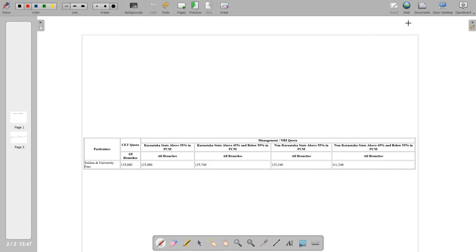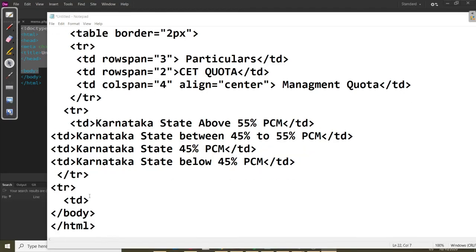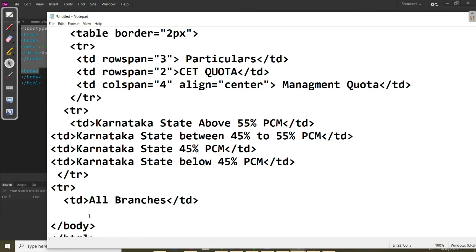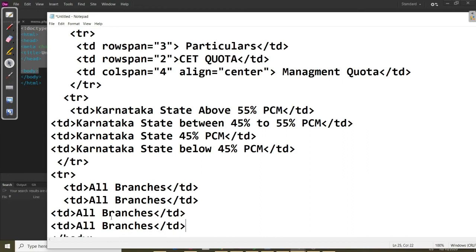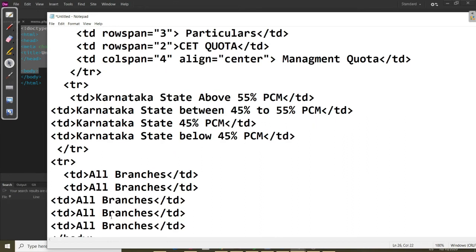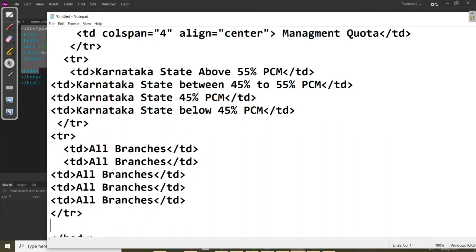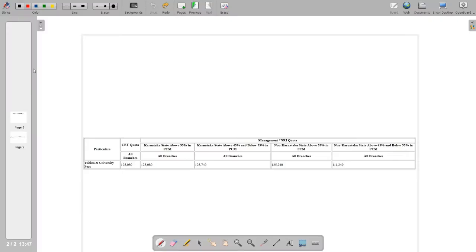All branches is there, right? So we can write here all branches, close the TD, okay, and the same thing five times, so we can copy paste 2, 3, 4 and 5, got it, and close the TR here, done. So the third row is also over. 1, 2, 3, 4, 5 done.